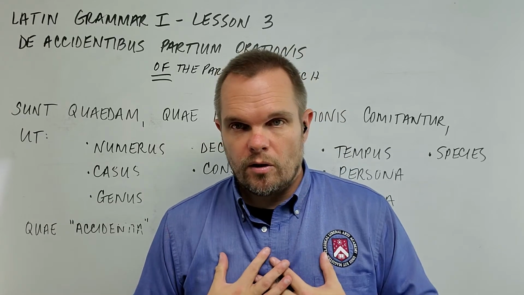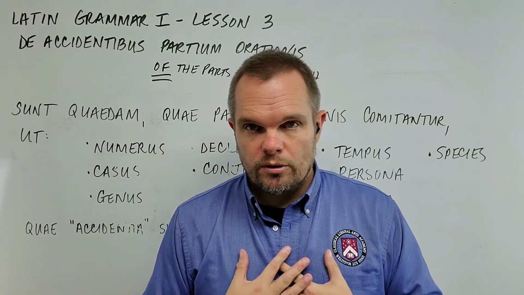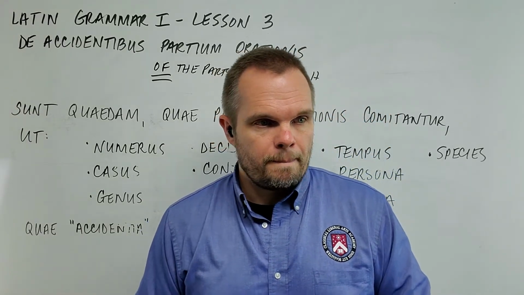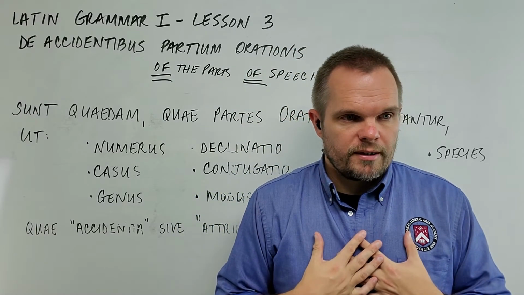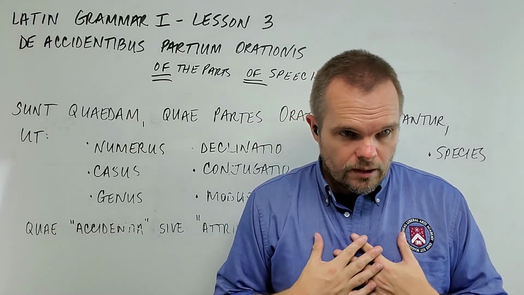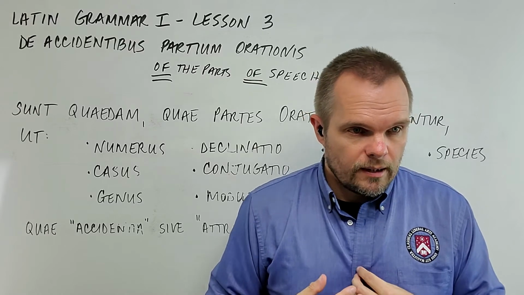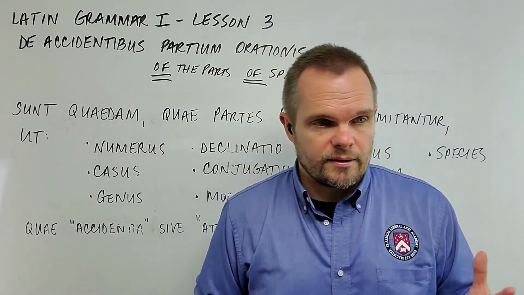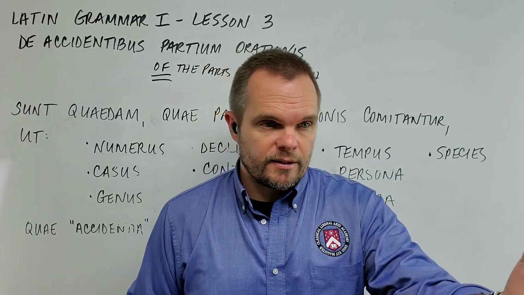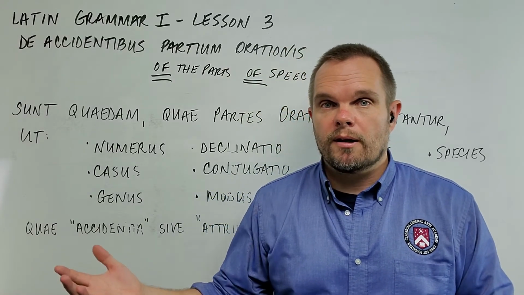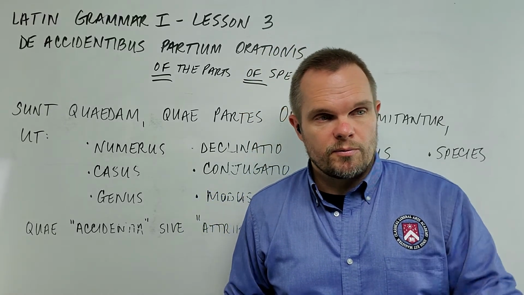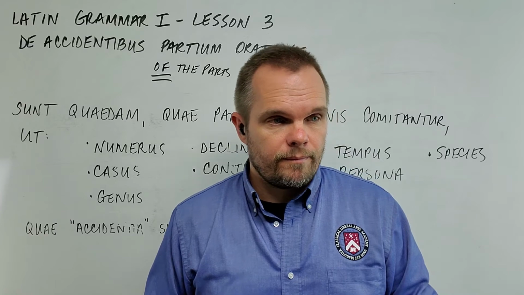Here we see ego, first person. Marcus Tullius, this is talking about Cicero, his name was Marcus Tullius Cicero. Ego Marcus Tullius defendi, I have defended, rem publicam adolescens. Adolescens is a noun, and it refers to Marcus Tullius. In this sentence, in this verb, he's first person. Therefore, adolescens in this sentence would be a first person noun. Okay? That's what the rule means when it says the nouns are uncertain.